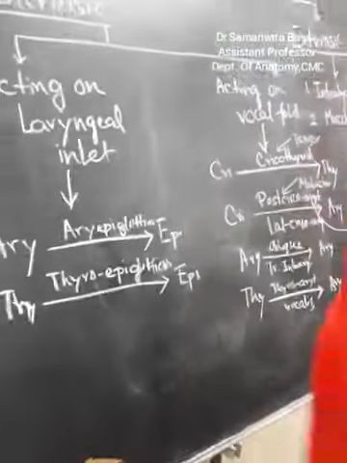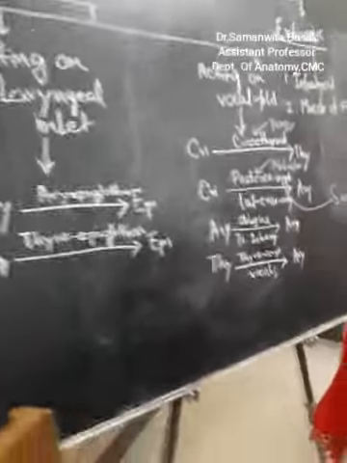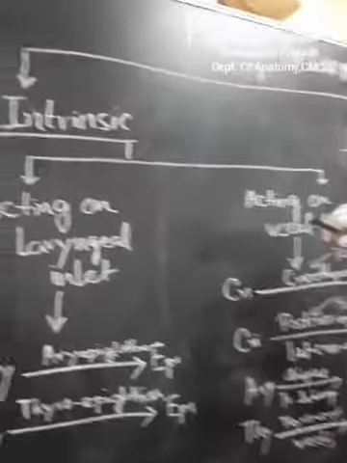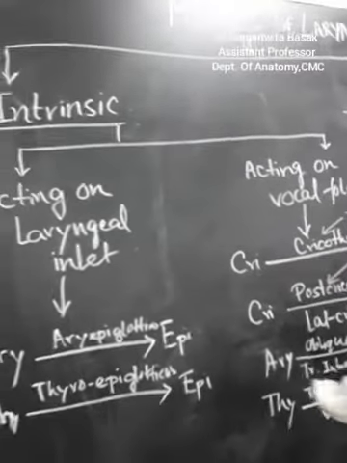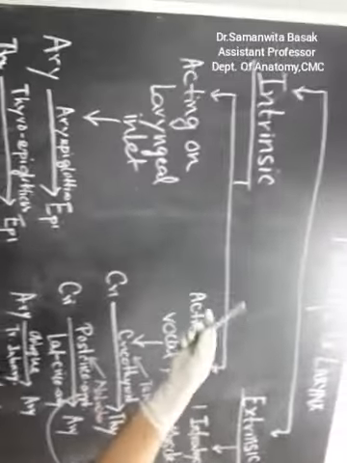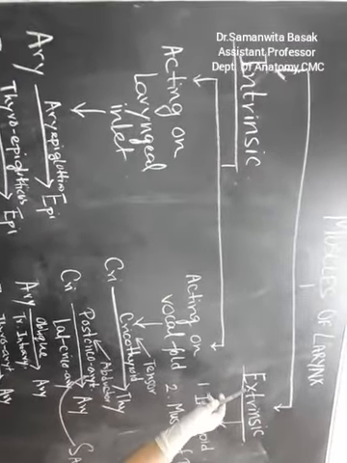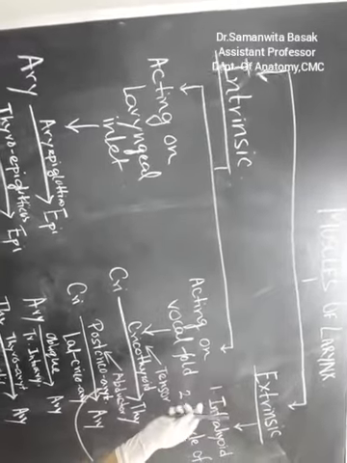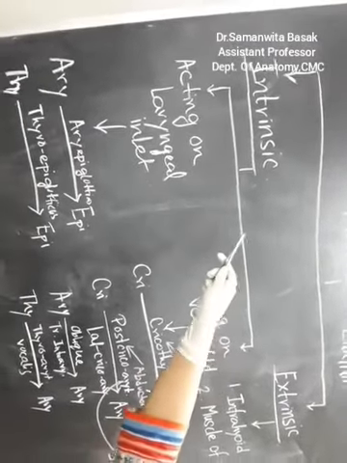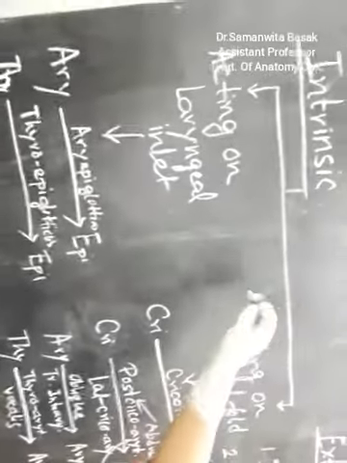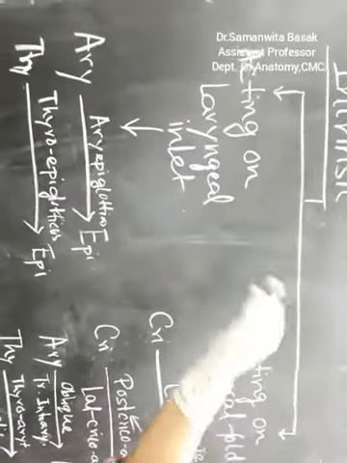So we can go to the muscles. Now you can see the muscles of the larynx; they are usually divided into two. One is the intrinsic muscles and another one is the extrinsic muscles of the larynx. Already you have got these two terms in the tongue, I think. So intrinsic muscles, what are those? The muscles whose both ends are attached within the larynx.